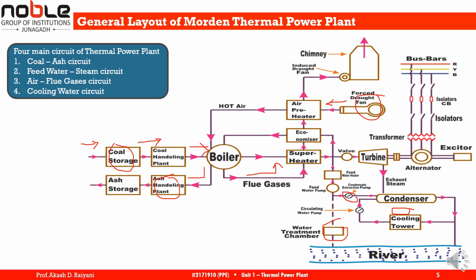The atmospheric air enters the cooling tower from the opening provided at the bottom of the tower. This air removes the heat from the water, thereby the water gets cooled, and then the cold water gets collected at the bottom of the cooling tower. This cold water is again circulated through the pump, condenser and cooling tower. Thus the cycle is repeated, and some water may be lost by evaporation in the cooling tower. Hence makeup water is added to the circulating water by means of a pump. The water for the makeup is taken from the river.